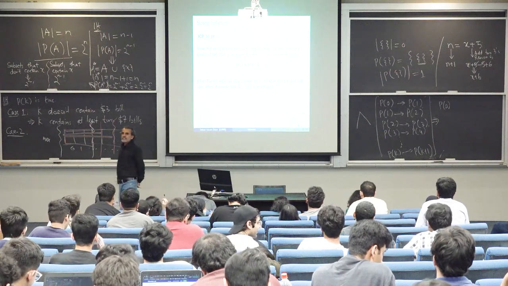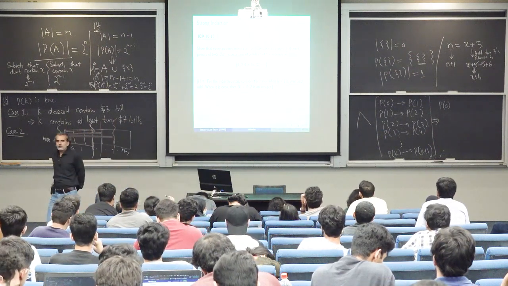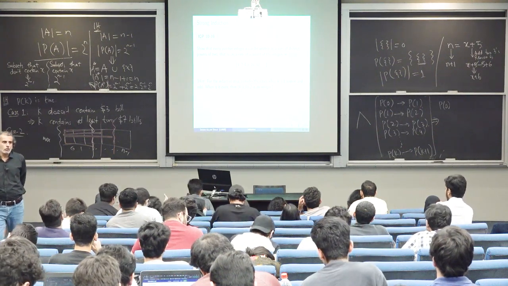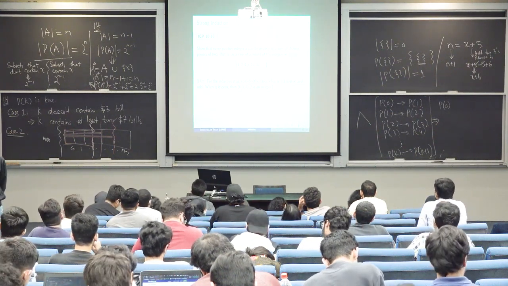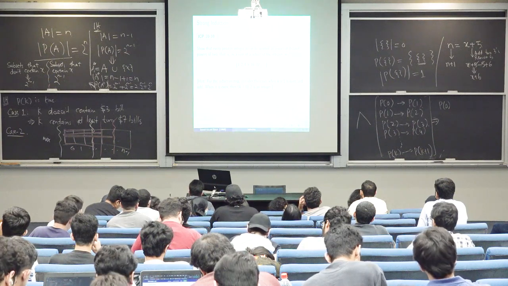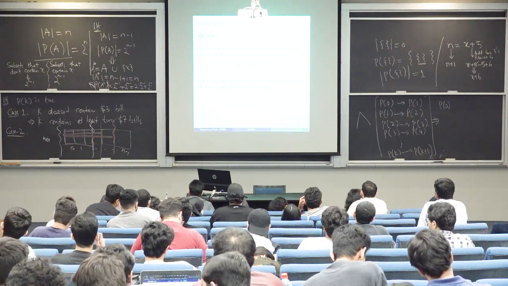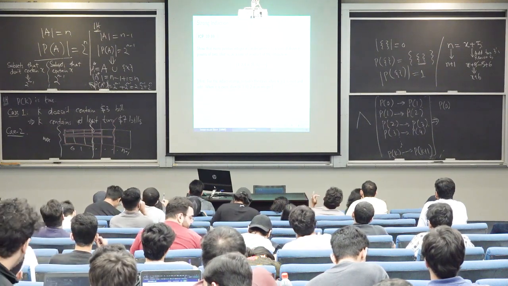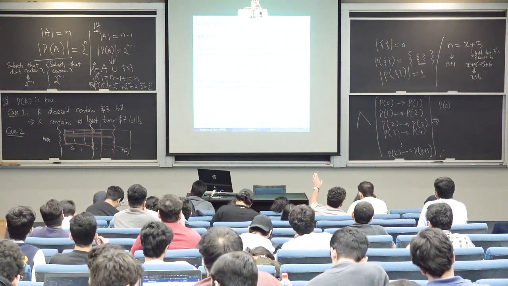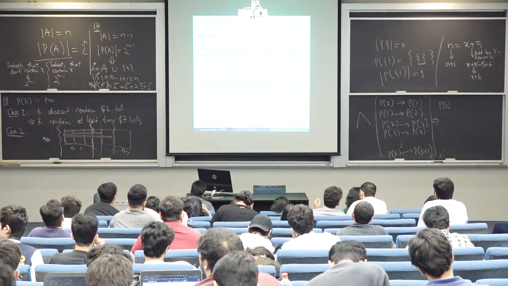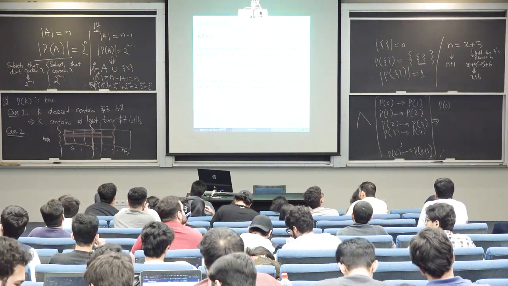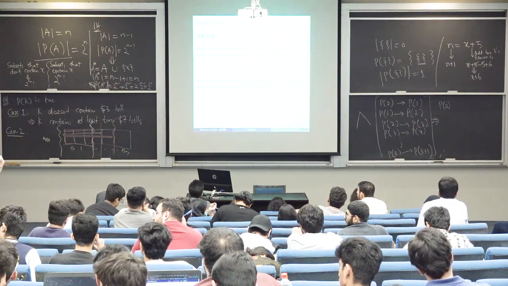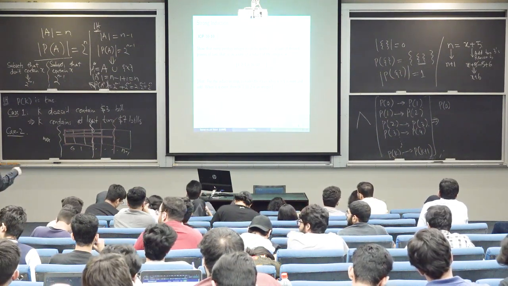What is power of 2? What does that mean? 2 raised to power 0, 2 raised to power 1, 2 raised to power 2, 2 raised to power 3 and so on. So all even numbers are powers of 2, right? Yes, no? All even numbers are powers of 2. Is the statement correct? No. Why no? 1 is also there. Okay, 2 raised to power 0 is 1. Okay, you're right. Other than 1, is it true? Okay, very good. So all even numbers are not powers of 2.